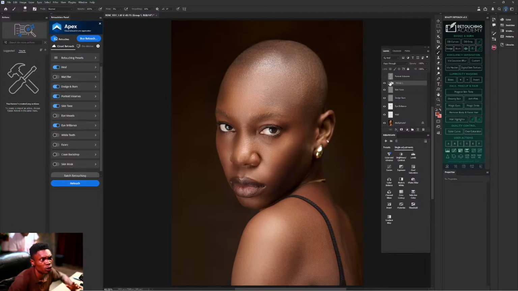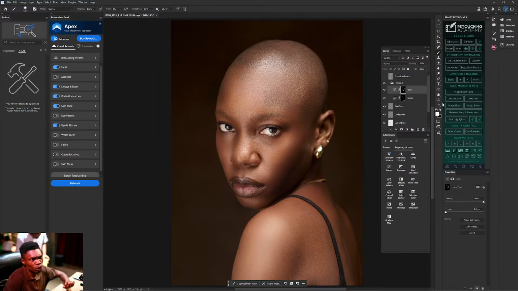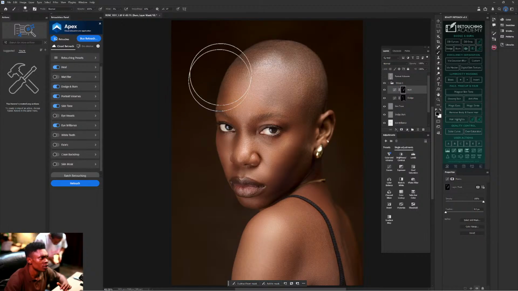How do you reduce it? If you open the burn instead, you use that same brush. That's what I told you yesterday about foreground and background. This white and black here, you just swap them, or you use X on your keyboard to swap between foreground and background. Then increase your brush just a little. Reduce a little everywhere you want to reduce your burn.